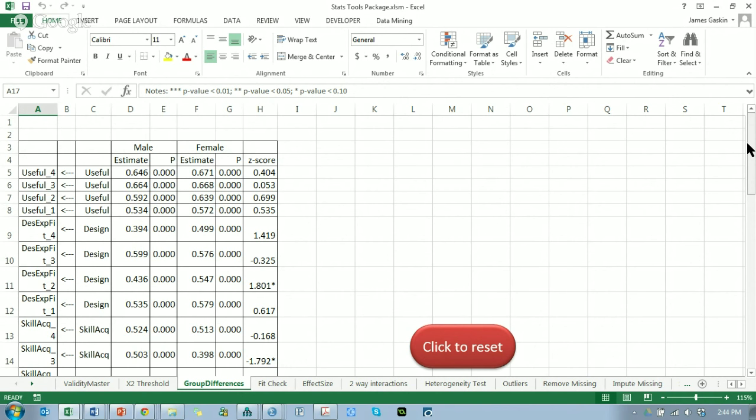What if all of them are different? Well, then you have a weird issue going on, and your two groups did understand or respond to those items very differently, different patterns of responses, and that's a problem. What do you do about that? Good question. Yeah, you just wouldn't be able